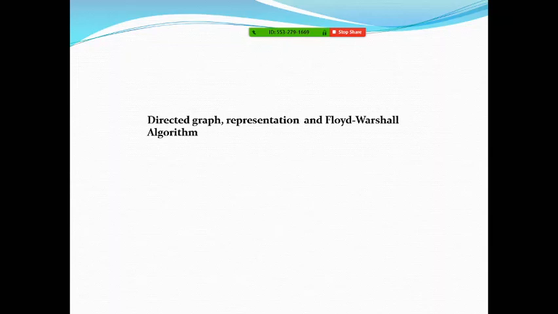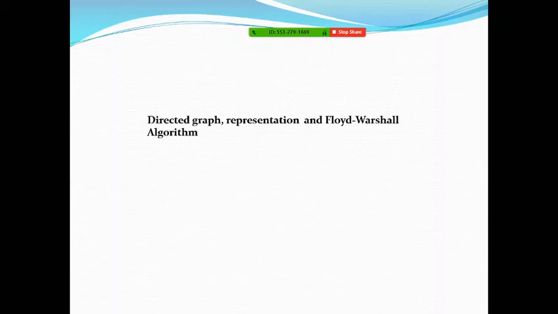So in graph theory, most of the discussion was around undirected graphs, and that we have finished. There are a few discrete topics which are not linked, not making any connectivity. So I'm just trying to cover those topics.